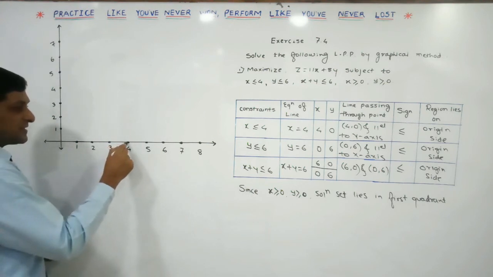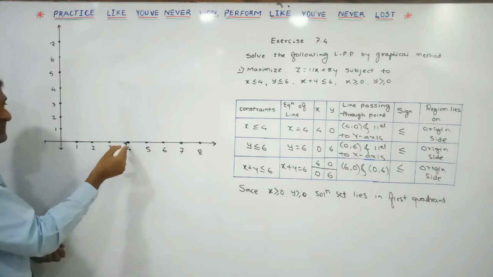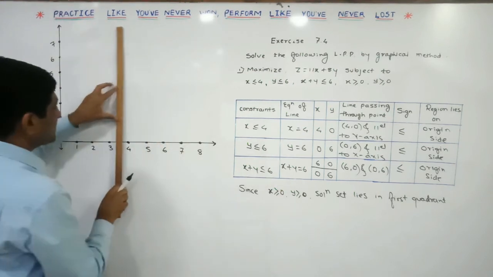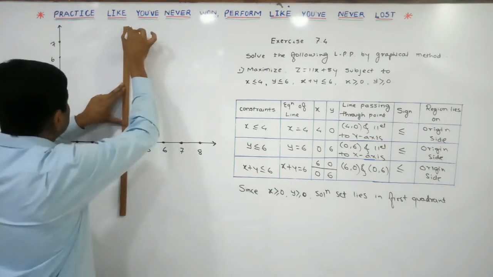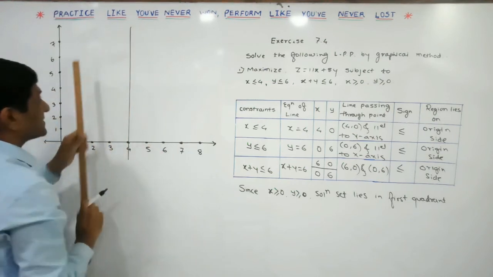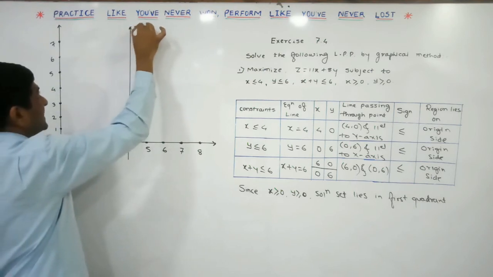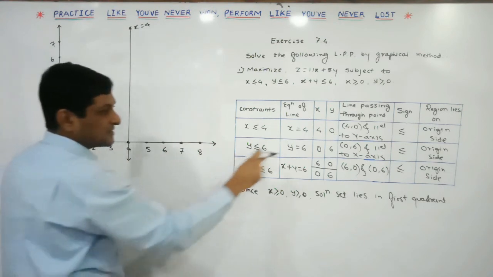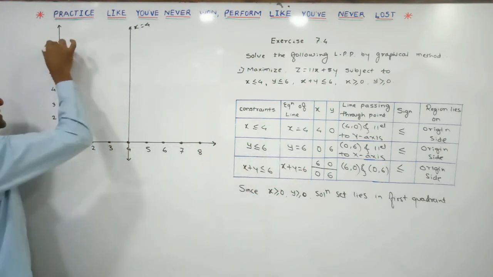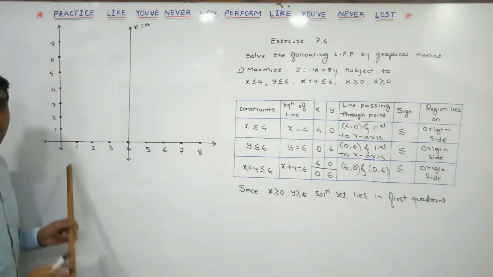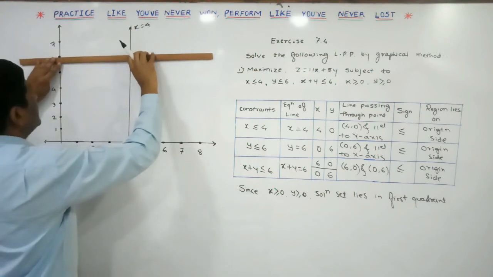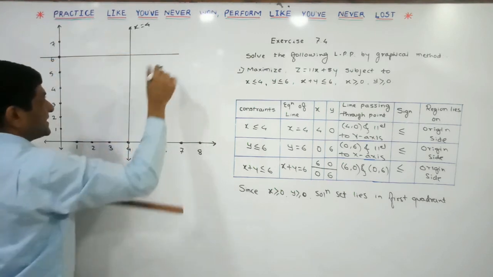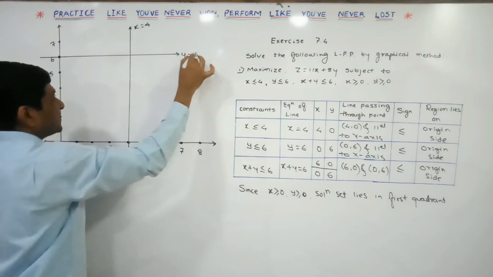So now let us construct this line, which is our first line, x is equals to 4. Just now we have seen that this line is parallel to which axis? Y-axis, and passes through which point? 4, 0. So draw a line passing through this point and parallel to the y-axis, and write down the equation of this line, that is x is equals to 4. In this way we have constructed our first line. Now let us construct the second line, which is parallel to the x-axis and passes through the point 0, 6. So draw the line y is equals to 6. So our second line is also known to us, y is equal to 6.